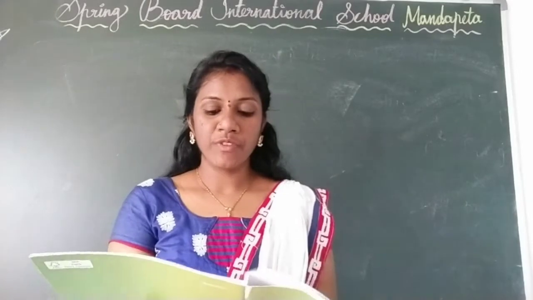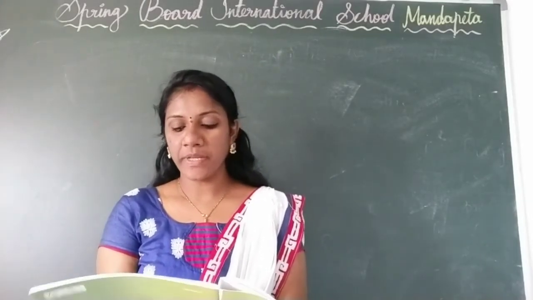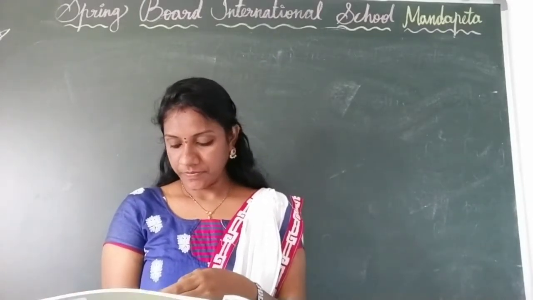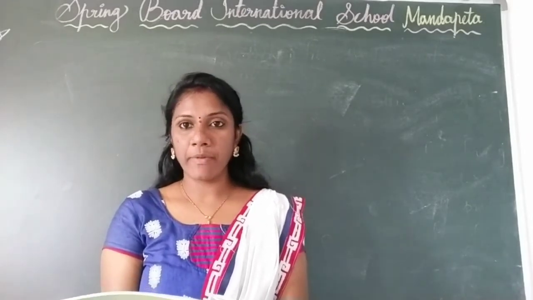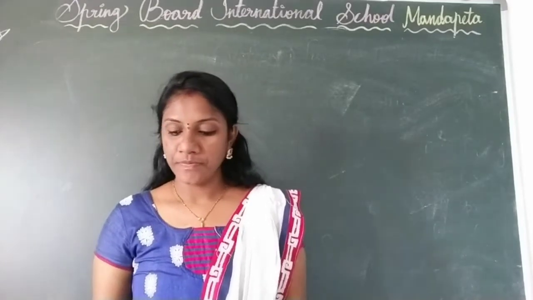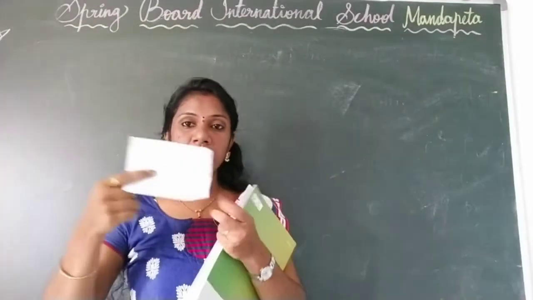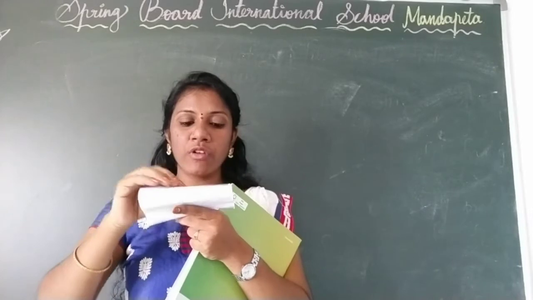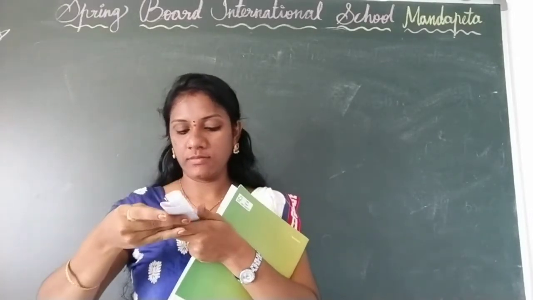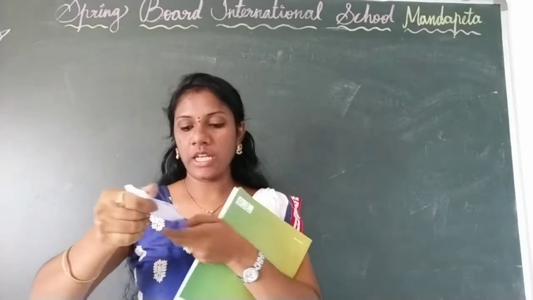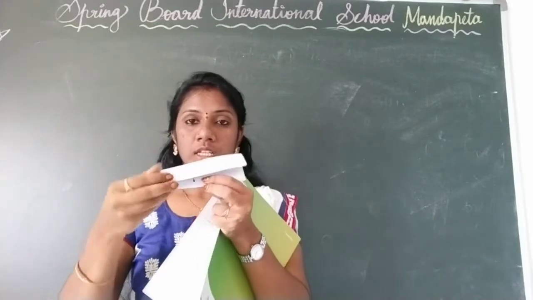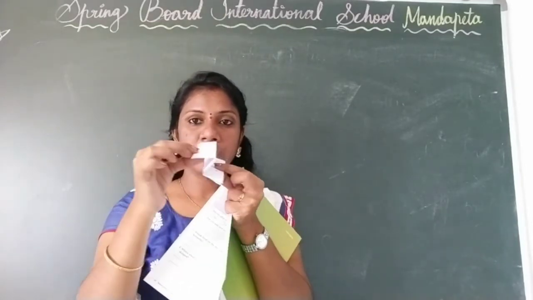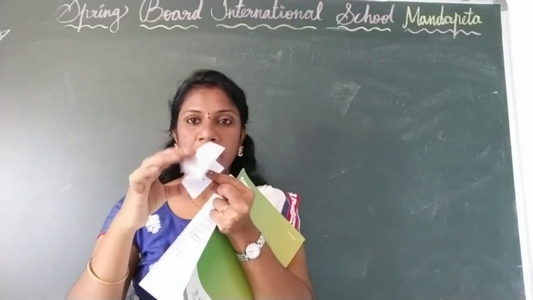Form teams of 3, cut out the page in figure A and fold it into pleats, like a paper fan. You know, for example, this is the paper if you take. If you fold it like a paper fan, you know already, like this. See, like this. You have to fold it like a paper fan.